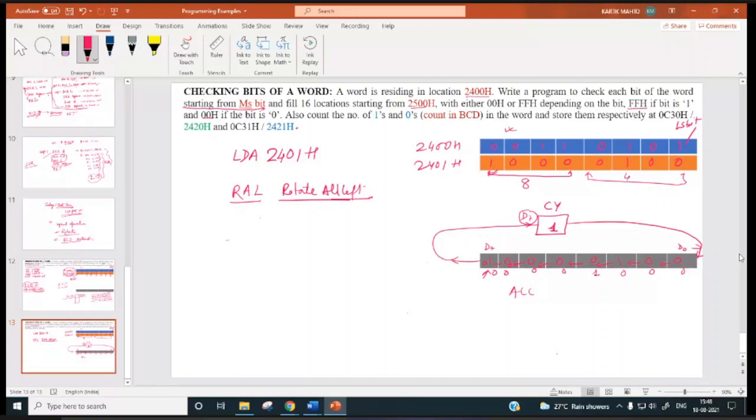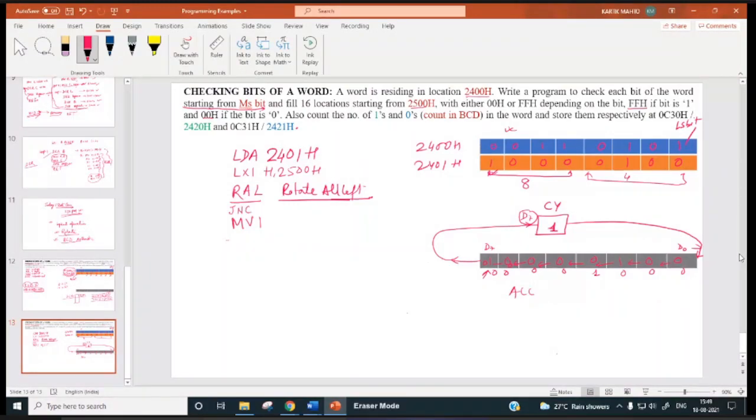So I am writing LXI H 2500H. So I will write MVI M, comma FFH, and otherwise fill 00H.